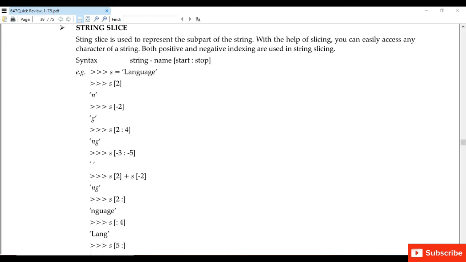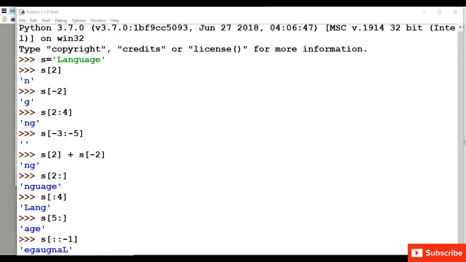So slicing, okay. In this we are dividing the string into small parts. If we divide a string into small parts, that becomes a substring. As we have already studied, a substring is a part of a string. So we can divide the strings. Next we have taken s, in the bracket we have written -3 colon -5. So a blank space will be displayed. Similarly, you can try the other example.